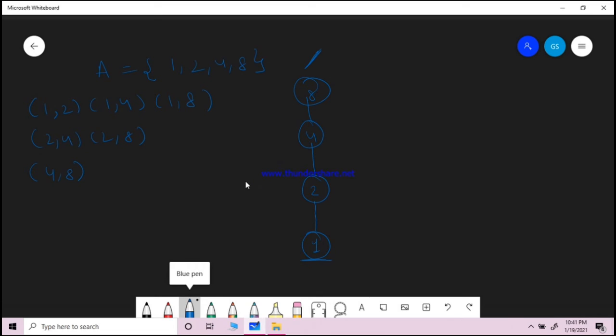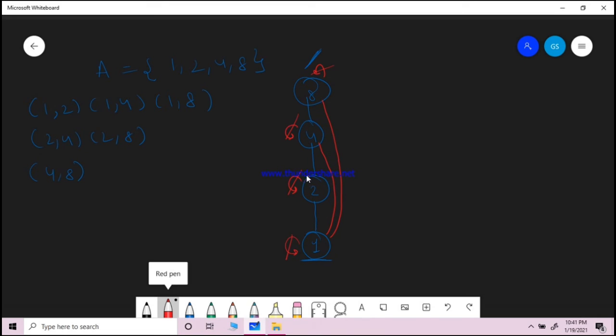I'm not showing each and every connection. Why? The actual diagram is like this. This is the Hasse diagram. I have avoided all the self loops, meaning 1 can divide 1, yes. 2, 4, 8, this is also a part of this, but I have avoided this, as this is a Hasse diagram, not a normal diagram. In the same way, this edge, 1 is connected to 2. This is also true.